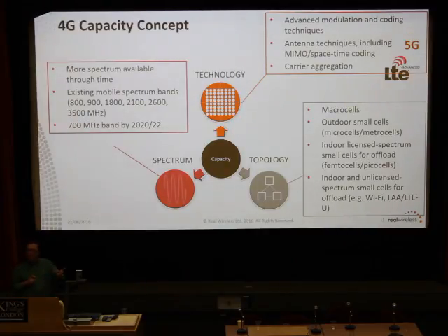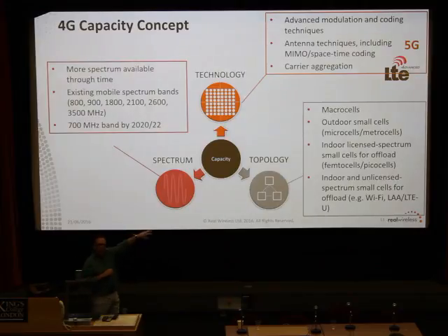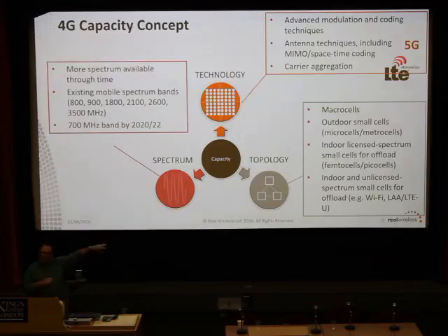You've got the technology you use, and that can get more or less efficient, and we expect that the spectrum efficiency will increase over time, and we can work out what's going to happen because we know the roadmap. We know the different ways in which we can lay out networks, and we know what we can achieve with that, whether they're macro sites or small cells or whatever. And we know how much is indoor and outdoor, and we can work out how to lay out a network. And we can cost that, and we know what the traffic it will accommodate.